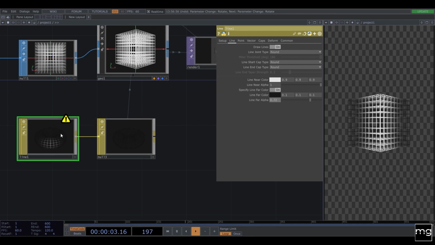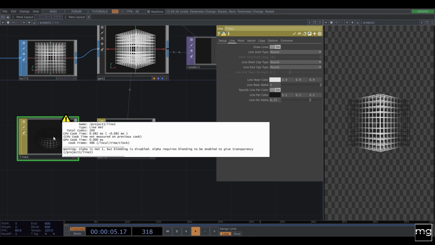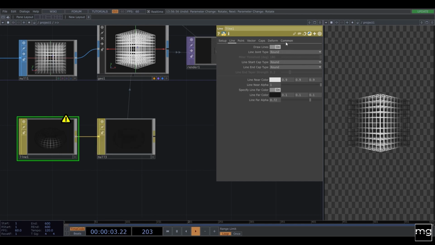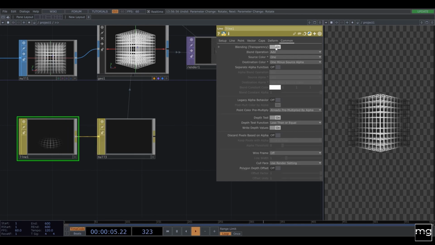That means that the alpha is not 1, so we need to add the blending enable, and this is in the common page. We need to turn the blend transparency on, so we have that sign off.